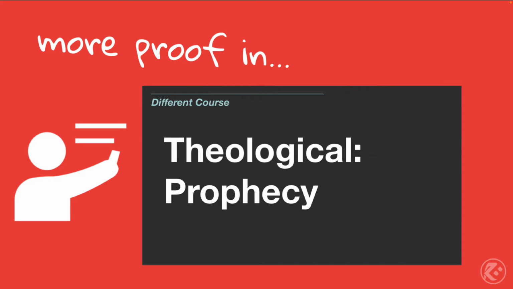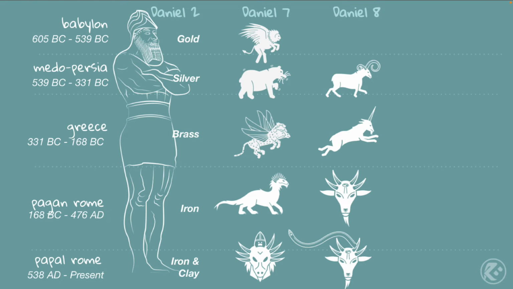Now, later in this series, we're going to get into the really heavy hitting stuff, right? The course is called Bible Prophecy, and in the Bible Prophecy course, we're going to get into a really convincing topic, and I have a whole presentation just on this, so we're going to check that out in a little bit. It talks about showing the predictions of Daniel 2, 7, and 8, and how before Medo-Persia, before Greece, before Rome ever existed,